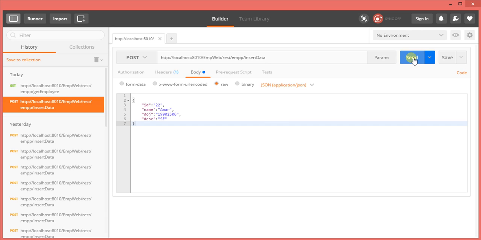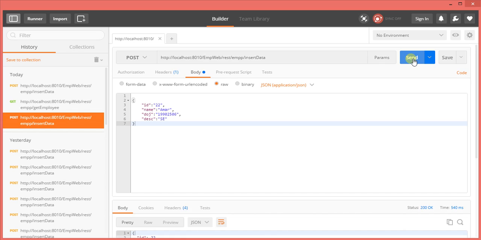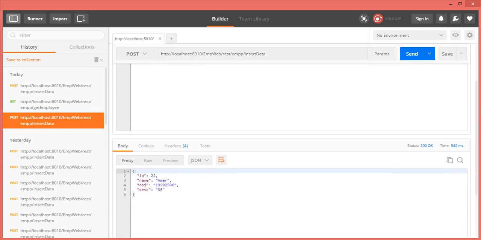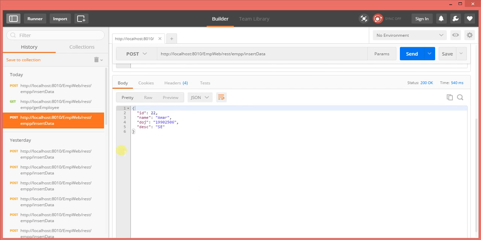At my REST services, in my resources, I am consuming the request in JSON format and producing the response in JSON format, meaning both request and response are in JSON format only. Click this one, and this is the response section.